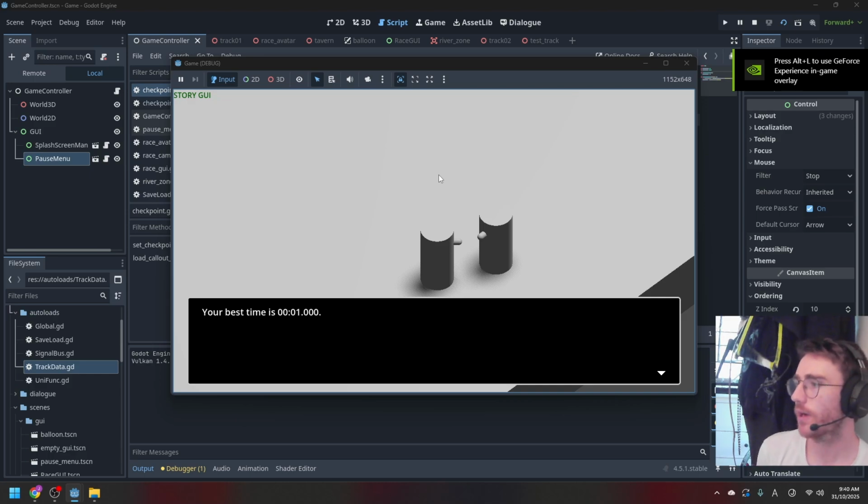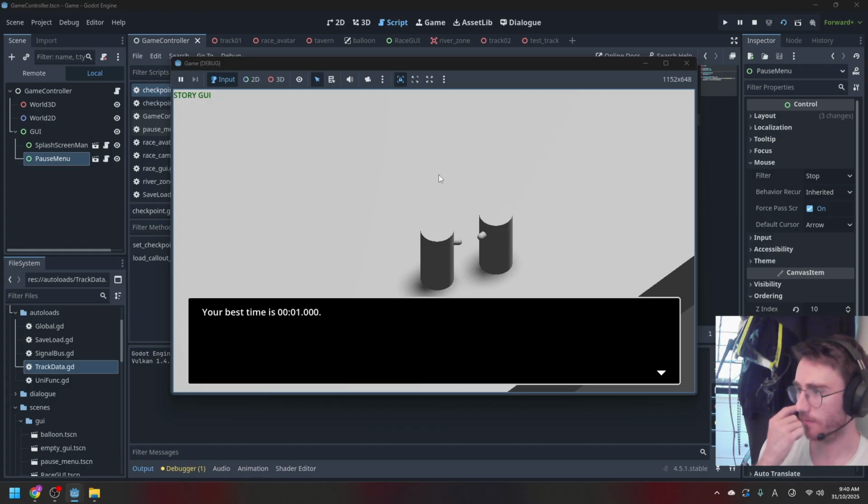And when you finish the track, it logs your time and saves it and all that good stuff. And that's all modular, scalable. So once I start adding things like upgrades or story states, that's going to update as well, and that all goes into the save data for different nodes to pull upon. So if you upgraded your boat to have a rocket boost,